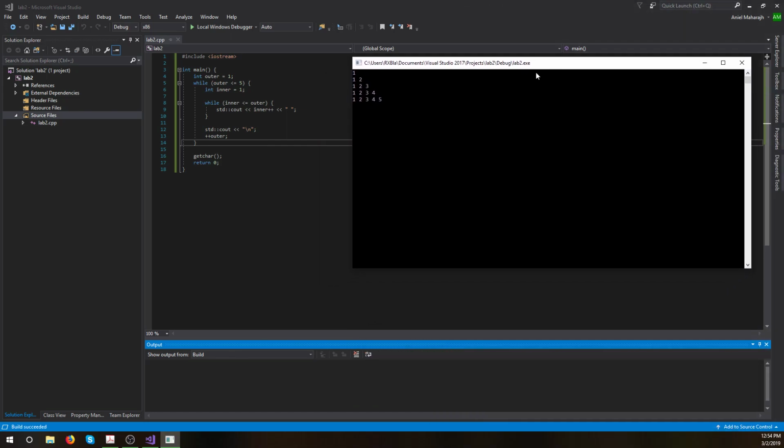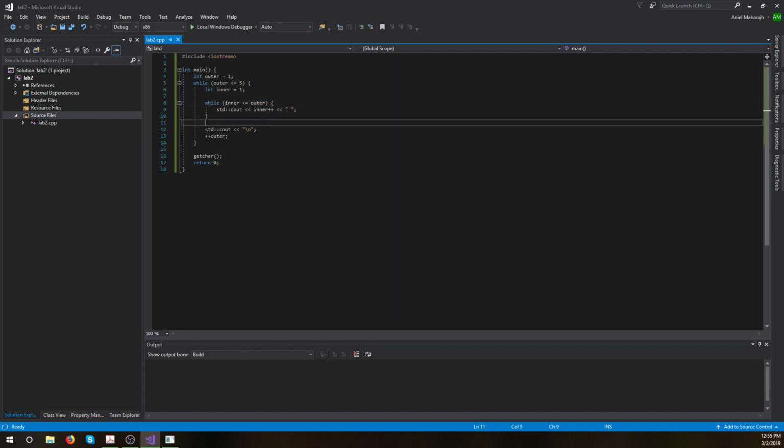So in this case, we can see here that outer here is 1, and while outer is less than or equal to 5 here, this condition holds true. So inner here is still 1, but while inner is less than or equal to outer, so it's 1 less than or equal to 1, which holds true. We output what inner is, and in this case inner is going to be 1. And then once this ++ here is executed, inner changes to 2. And in that case, inner here no longer satisfies the condition for this while loop,